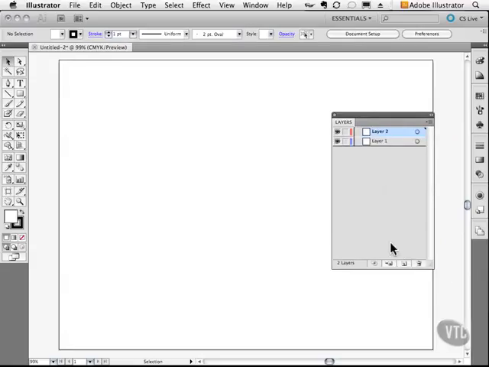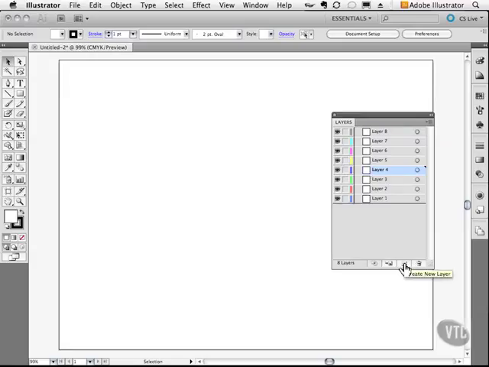And the new layer appears above the currently selected layer. And that's pretty important to remember because instead of you creating layers and then clicking and dragging to rearrange them, you can strategically place them where you need them. So I'm going to click here a couple more times. Now let's say I want to add a new layer between Layer 4 and 5. I'll click on Layer 4. I'll click my Create New Layer icon, and now the new layer, which is Layer 9, now lives in between